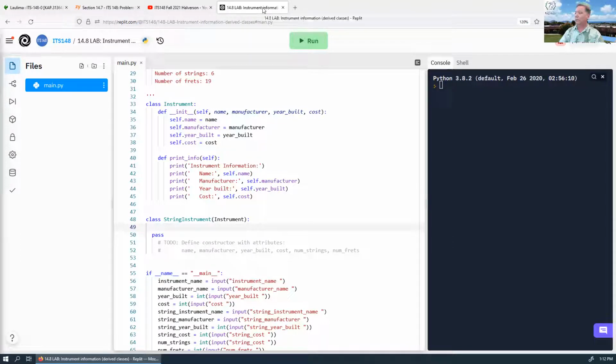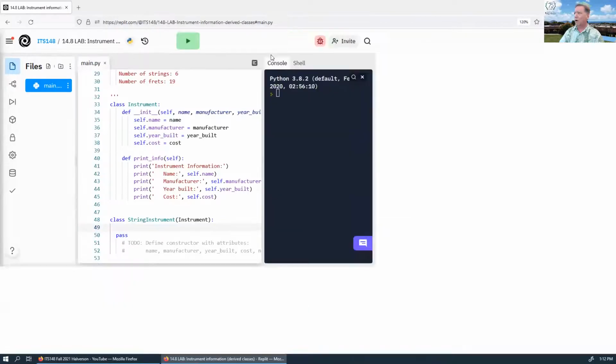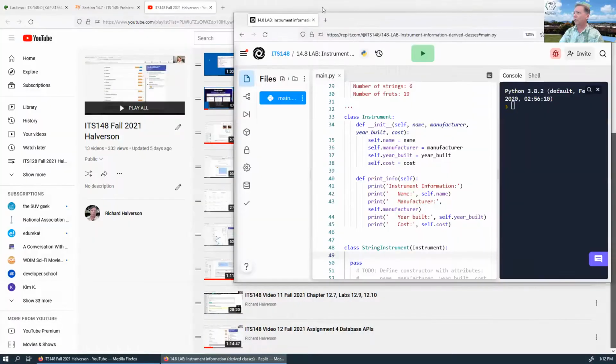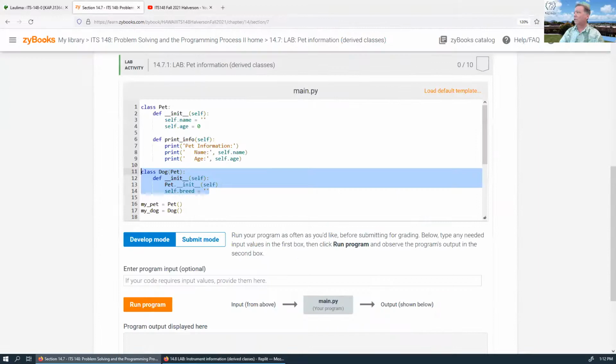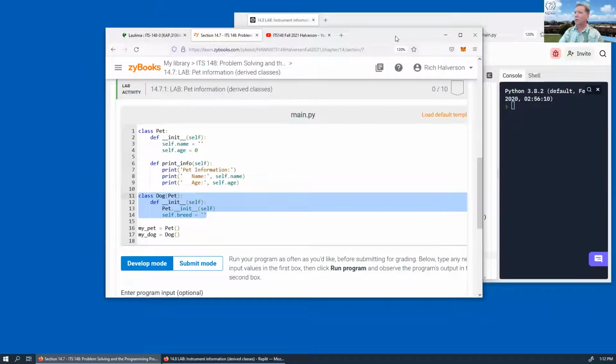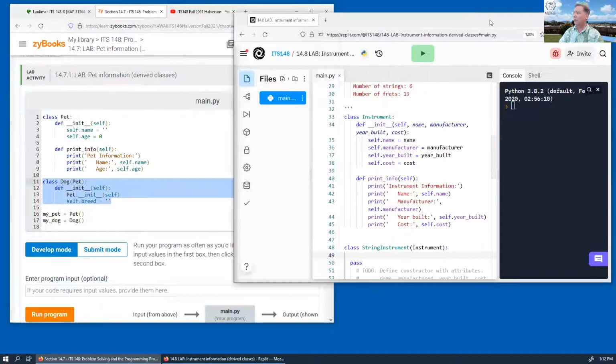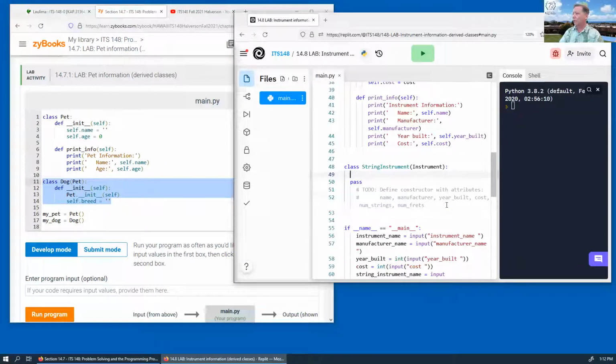I'm gonna break this off, put it over here, click on this, make this smaller, put this over here, and I'm gonna type. I can get rid of this. I'm gonna type